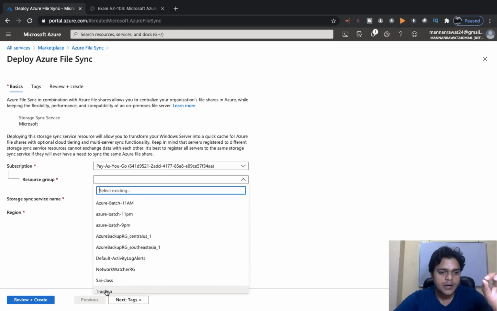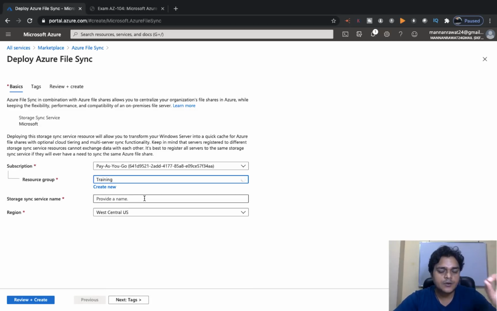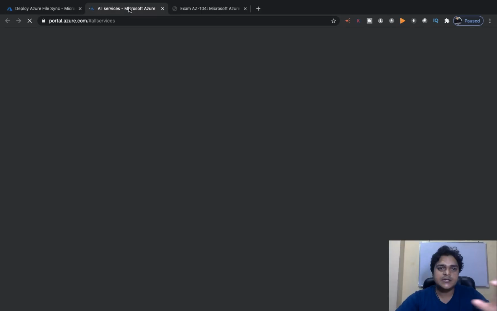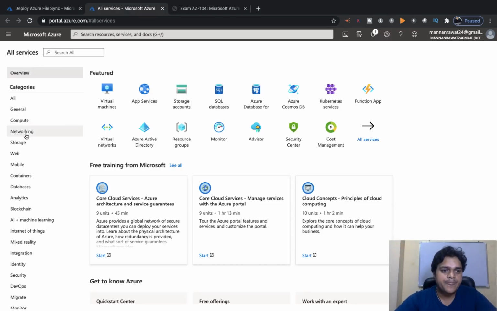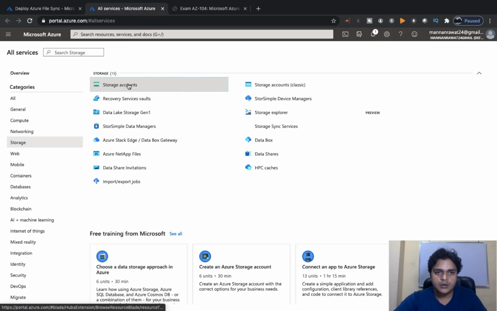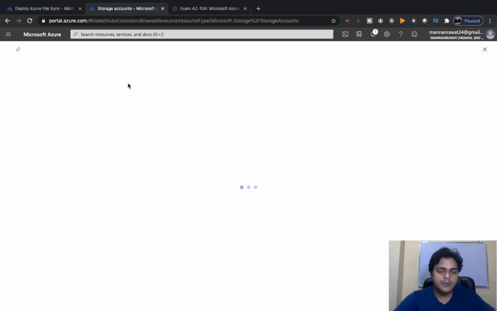Select your resource group. So I'm going to proceed with training. Select the location and make sure your Azure storage account and file sync are in the same location. Although you are able to put your file share in a different location and create your file synchronization in a different location, for best practice, if you are just preparing yourself the first time, put all the services in the same location and same container as well. So I'm going to check our storage account location, and after that we will proceed to create our